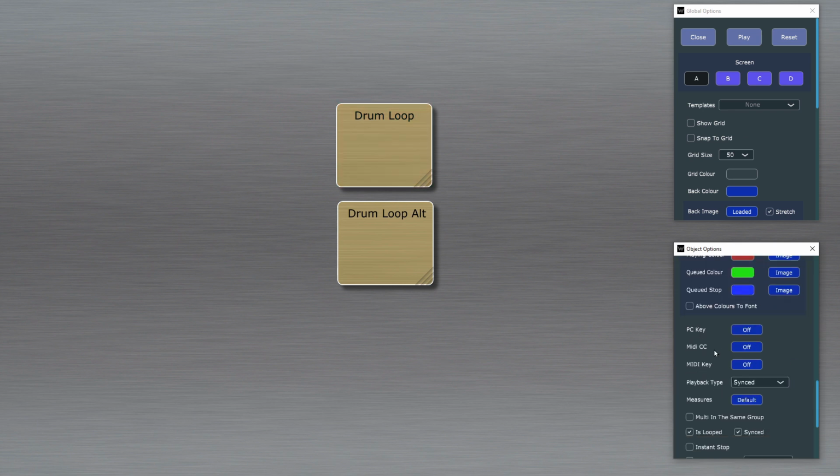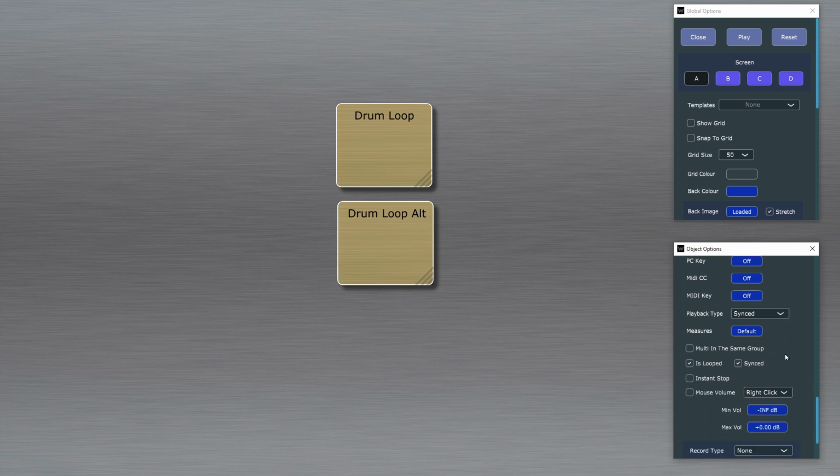Then you have the PC key, MIDI controller, MIDI key, so you can turn on and off like I'm doing with the mouse, using the keys instead. And right now, both play types are set to synced. So it's always going to stop and start when the measure hits 1, the start of the measure. The poly free, if for sound effects, that's going to play just like a keyboard. So you press 1, it's going to play right away, and you can press many times,